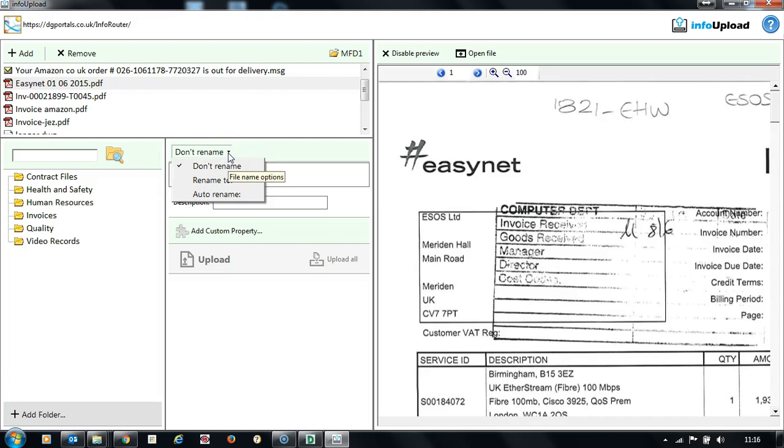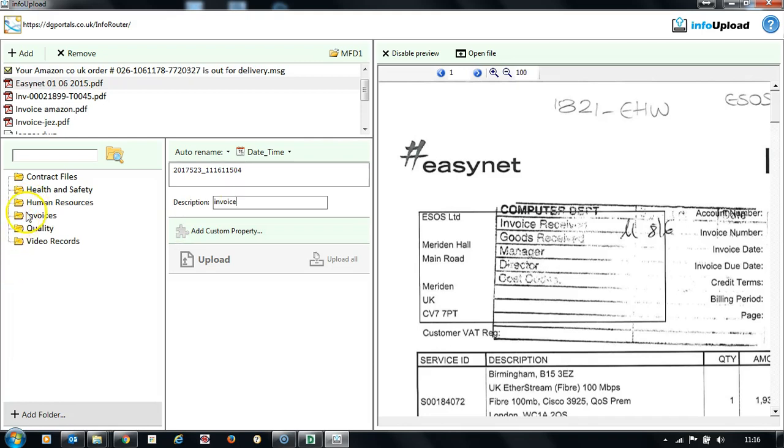We can leave it as it is, but often a lot of people choose to rename it and add something like the date and the time. The other benefit of this is if you ever do archive the same file twice, it'll always have a unique file name, and we can also give it a description, so we'll call it an invoice,